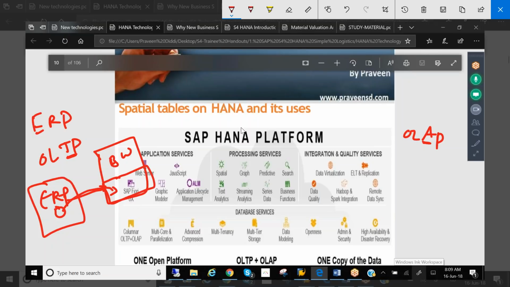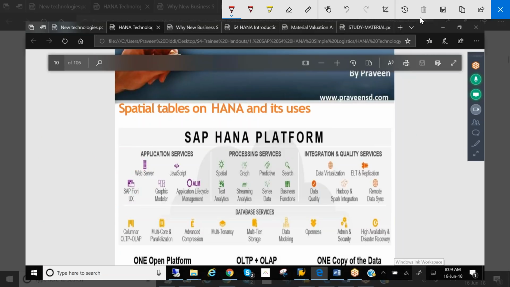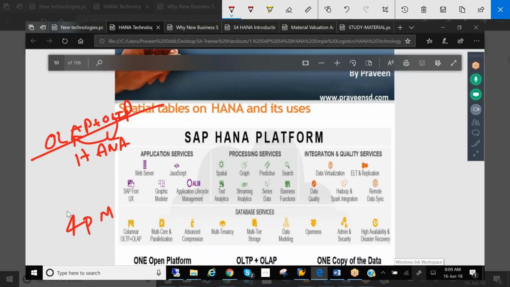So now what they have done is, in S/4HANA, every application will sit on the same platform. They merged your OLAP and OLTP both on HANA. That means your transaction data is here, and the same data your OLAP is also using to analyze it. So it's fast and the reports are near real time. If you're going for a meeting at 4 p.m., at least you can get data at 3:30 p.m., close to real time. You don't need to take 24 hours old or